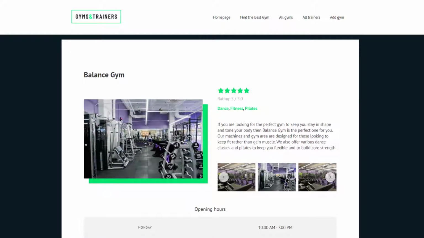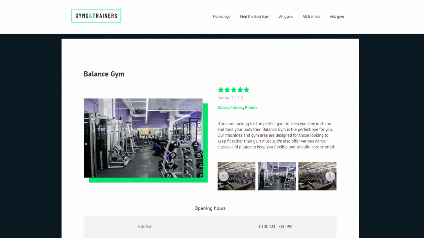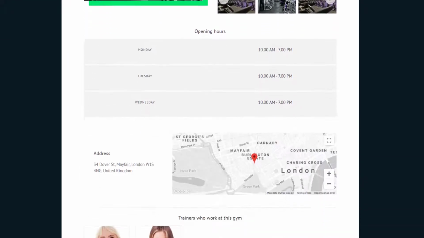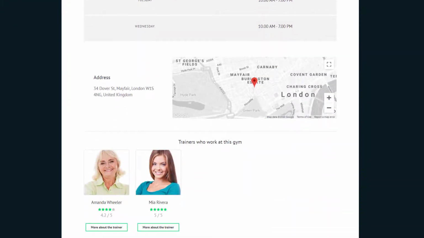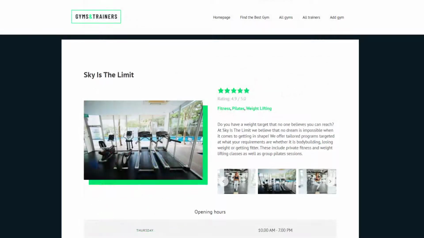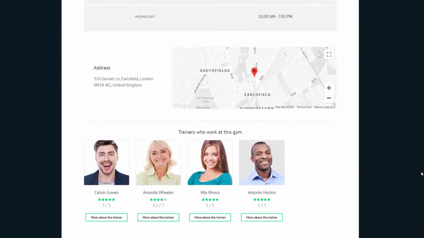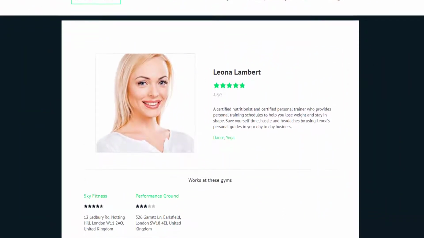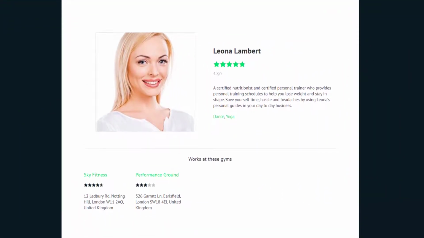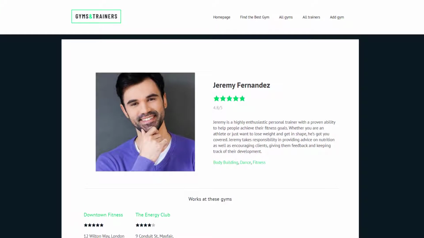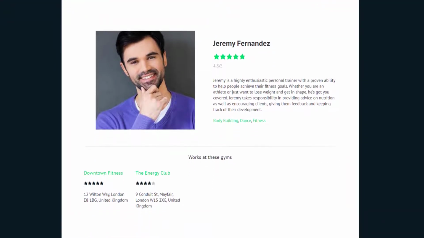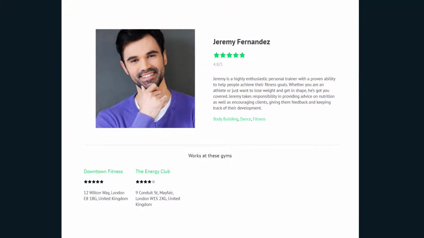Besides archives, Toolset allows you to design templates for displaying single posts of any type. In our example, all gem posts are displayed using the same design. And it's the same for trainers. Having one design for all posts of the same type is great because you do it once and it's automatically applied to all items. Also, when you need to change anything, you update the template and the change is applied